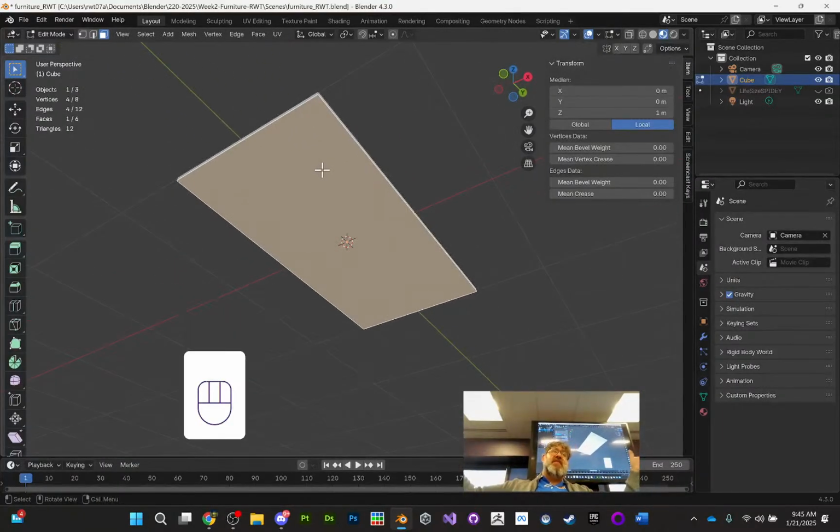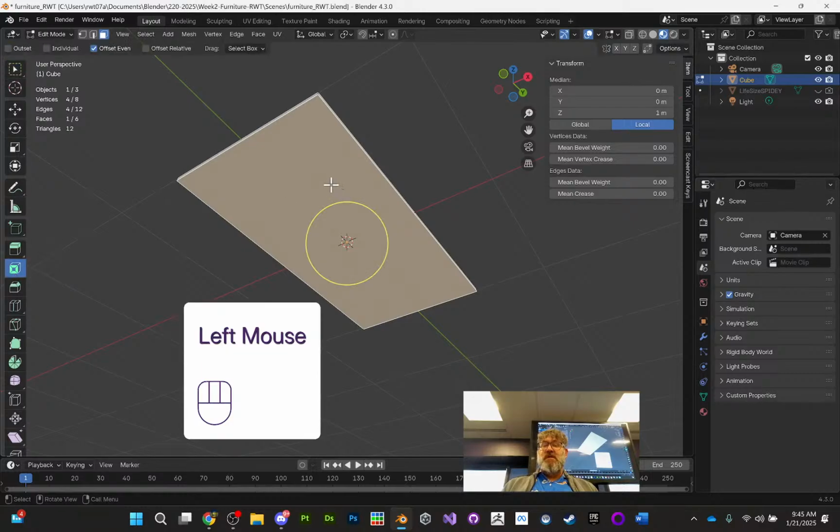So I want to inset the bottom. Right, so it comes in a little bit and then we'll extrude down for the bottom frame of it. Once I'm in edit mode, I get more tools here on the side. And this guy right here, inset faces, is what I want to use. So I just click and drag